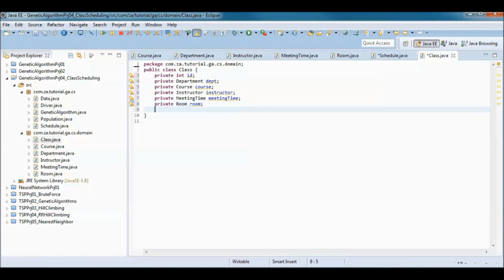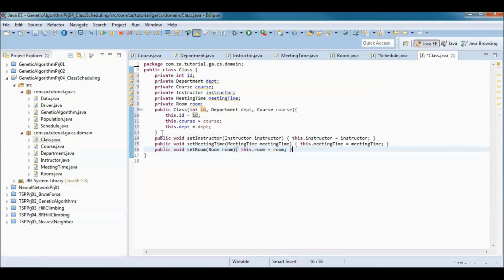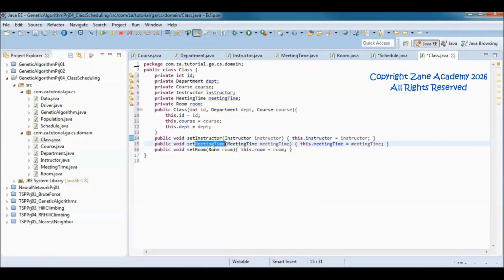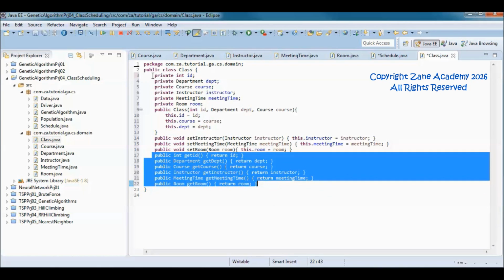The constructor will initialize the department, the course, and the class ID. And I will have set methods for the instructor, the meeting time, and the room, and get methods that return each one of those.